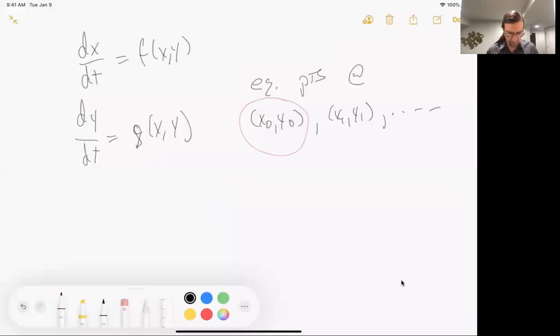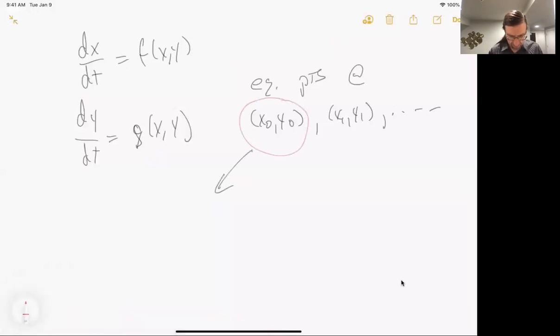So this whole system is going to get replaced by a different linear system, which will be dx dt equals, I'm going to look at the partial of f with respect to x evaluated at x0, y0. Okay, so that's just all going to be a number, right? Just keep that in your head. That's a number times the variable